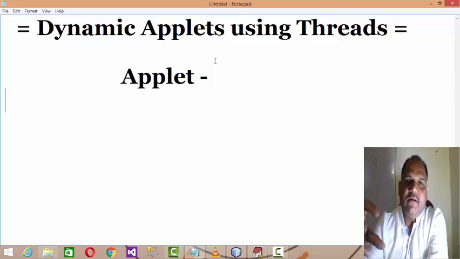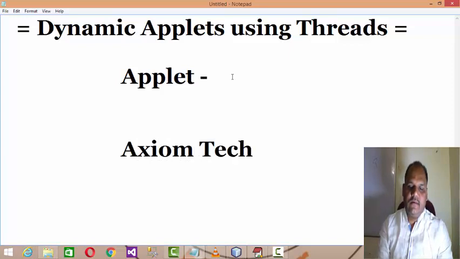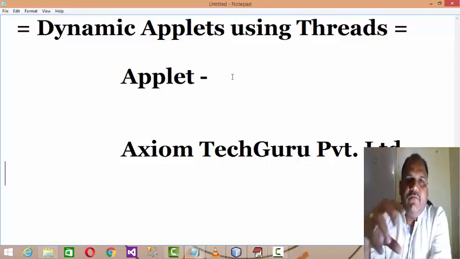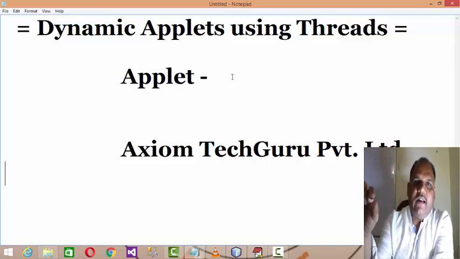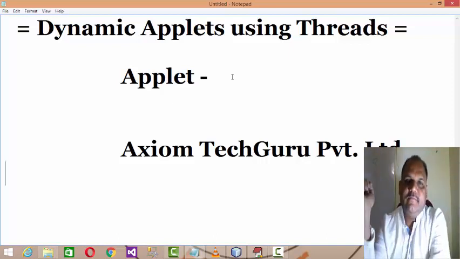In a similar manner, let us understand the first dynamic applet. Suppose you design an applet where you want to print Axiom Tech Guru Private Limited on the graphical applet window, and it scrolls its data from X position to Y position continuously.